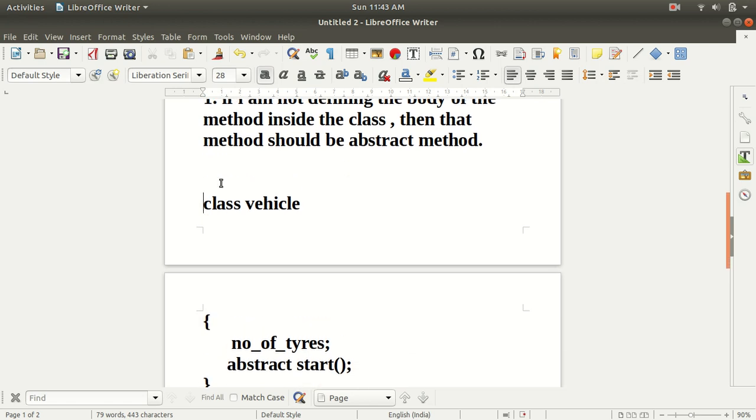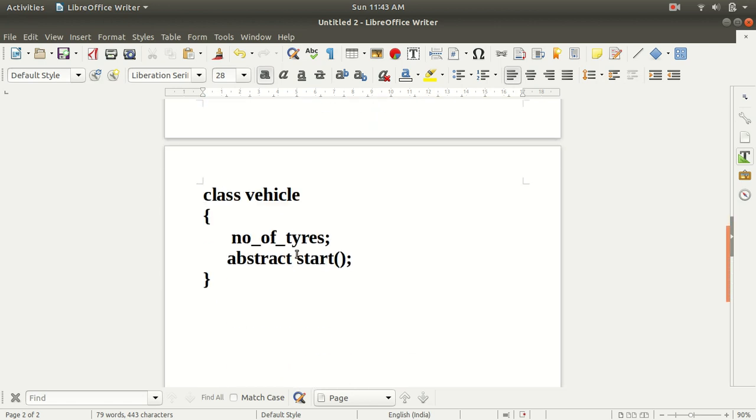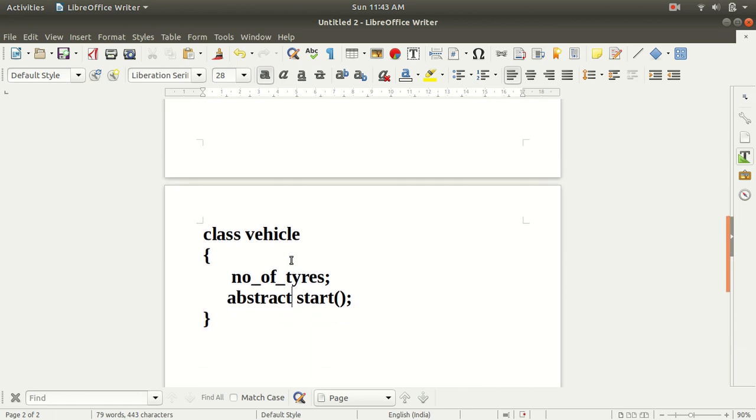We have a vehicle class, and inside that we have defined a method and not implemented it, so that method should be defined as abstract. Now this start method has become the abstract method.